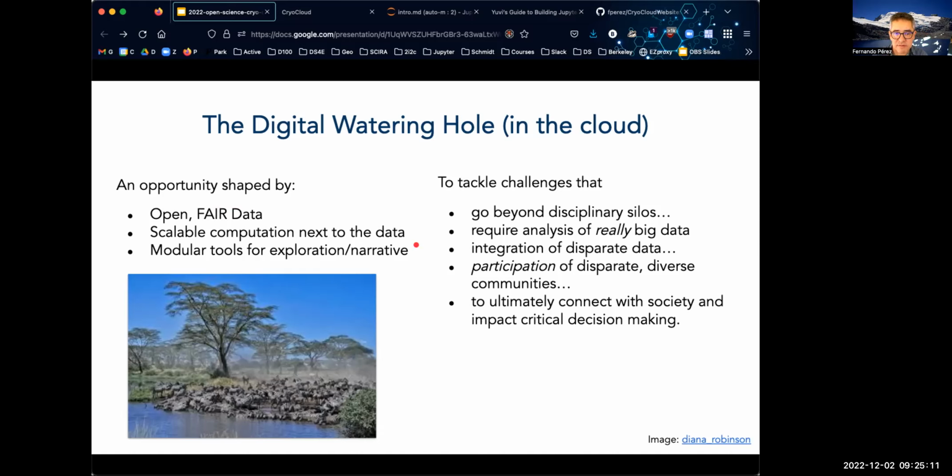But both the lions and the zebras need water, and they all have to come to the watering hole. So we want the space to be a space where we can all come together beyond traditional disciplinary boundaries, right? When we have problems that require the analysis of data that we're not going to download on our laptops because either it's too big or because it's too many different sources that vary, that require integration across multiple technologies, where